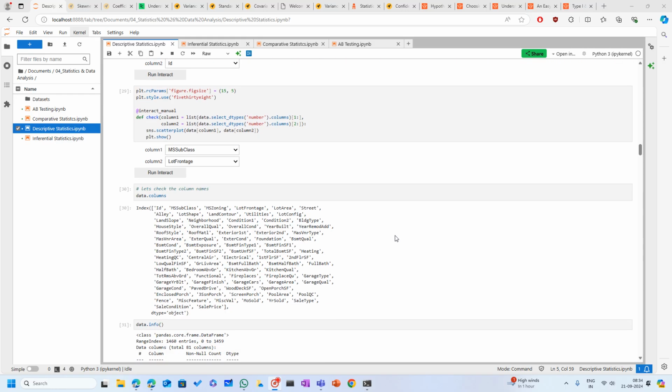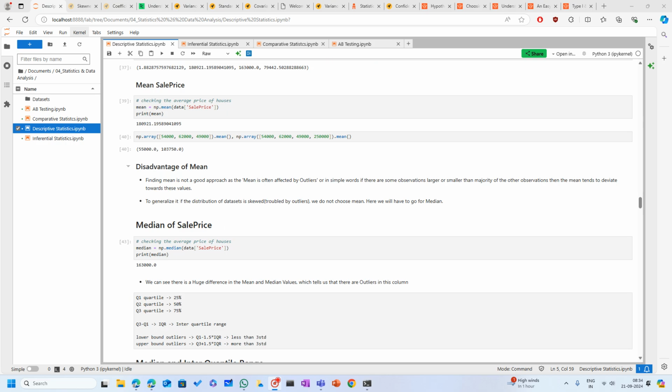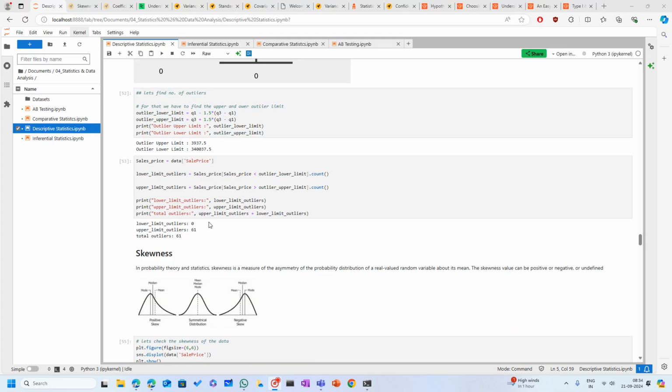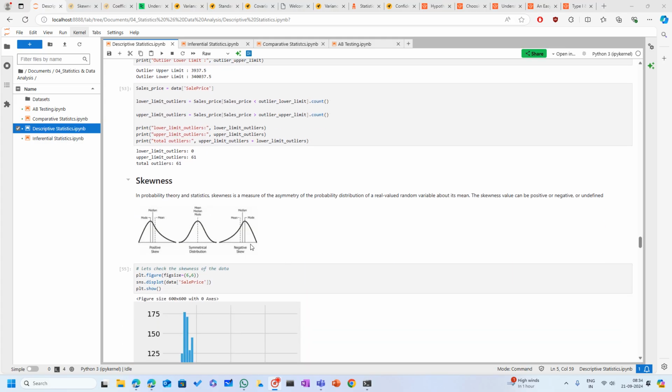So directly jumping to the skewness part. Now, skewness is nothing but what your distribution looks like basically. So, is it symmetric or is it skewed? Are the mean, median, and mode towards your right, or are they towards the left? Okay, so on the basis of that,